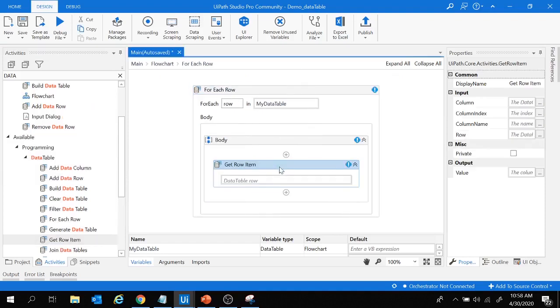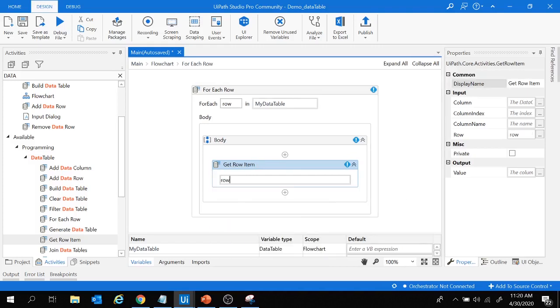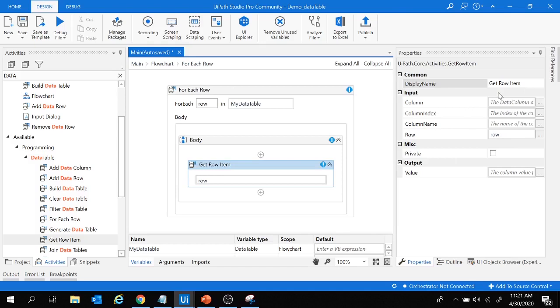Let's drag and drop it under the body, and under the get row item we need to provide the data table row. So we are going to take the active row, which is the row. So I'm going to write over here row, and using this get row item activity I want to fetch values from this employee names column. So let's see how we can do that. For that let's change the display name first as get row item employee name,